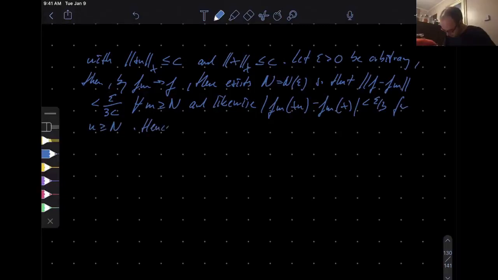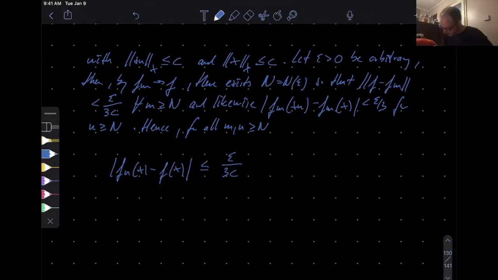Hence, for all n at least capital N, fn of x minus f of x. So I had it shaded in colors on the last thing. There was this norm that you control by this. Then there was that norm of xn that you control by c. Then the middle term, you use the convergence on that dense subset. You get epsilon over 3. And the last term is very much like the first term. And that's why the cosmetic, because the c's go out. And 3 times epsilon over 3 gives you epsilon. Right?